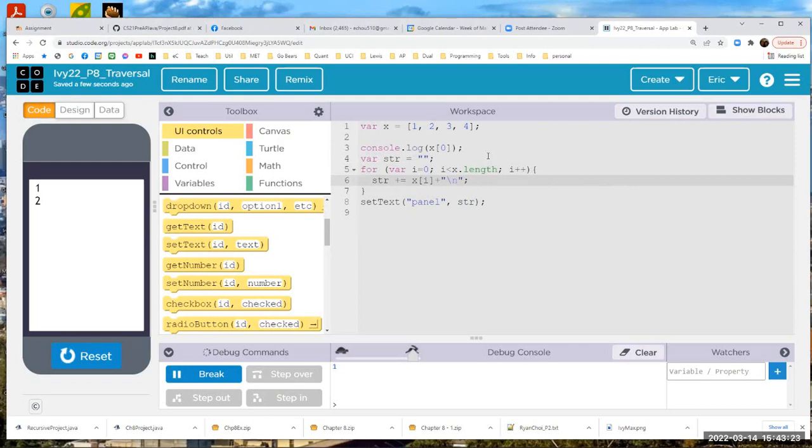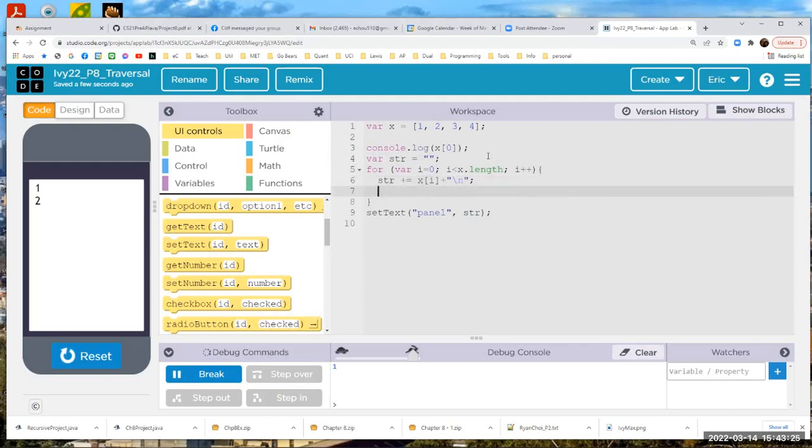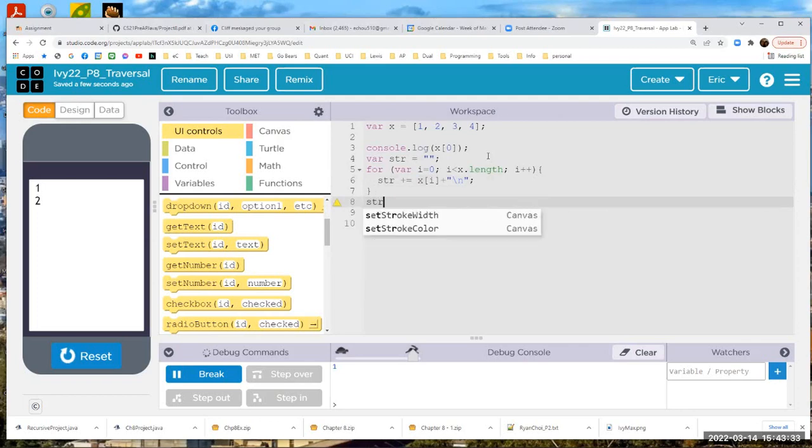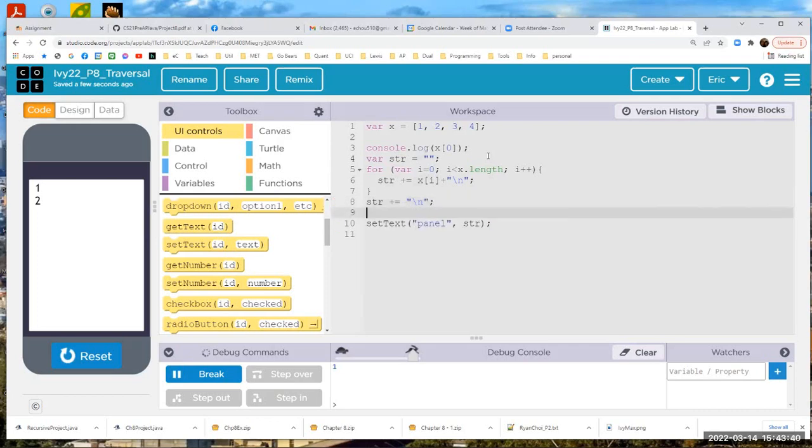Okay, and then here I finish. So I change this one, and at the very end here, let me actually have str plus equals another, press the \n to change another line. And it's a set text. You will eventually set text, so you don't need to worry about it. Finally you will set text. Okay, so here display it